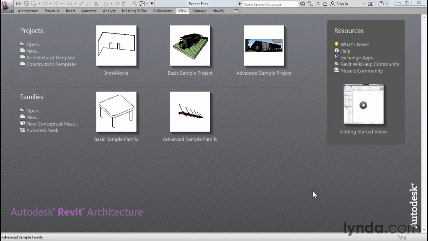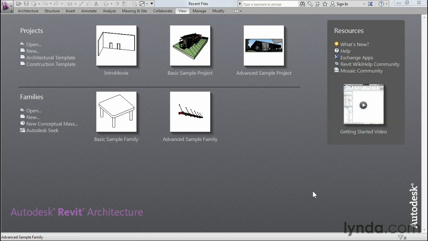Most programs have settings that you can customize and configure. Revit is no exception. In this movie, we will look at the ways you can configure your overall Revit experience. All of the settings we will consider here can be considered set it and forget it. In other words, once you've configured one of these settings, it will remain in effect on your computer until you